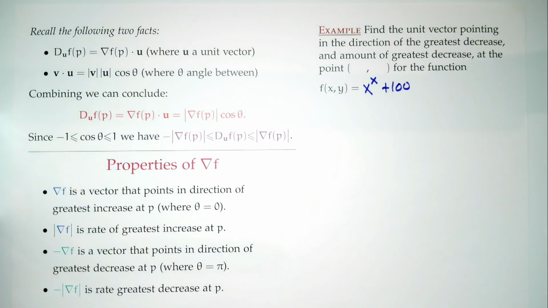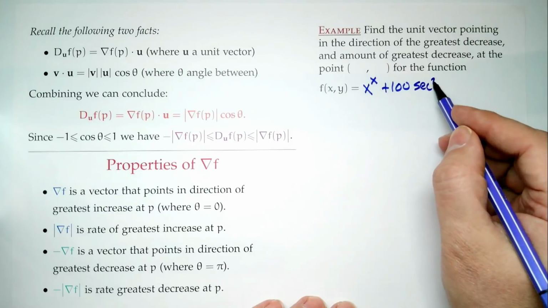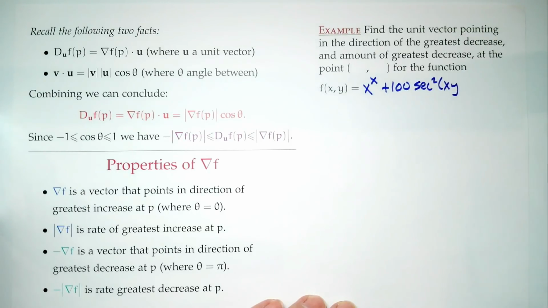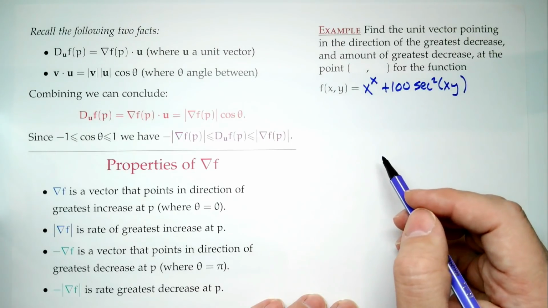Now, we'll talk about the plus 100 in a moment. We maybe should have something with y involved, times secant squared xy. Times secant squared of xy. Okay. Well, great. So we're going to choose our point